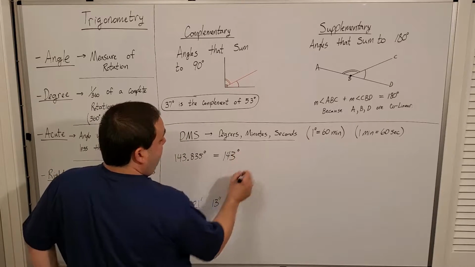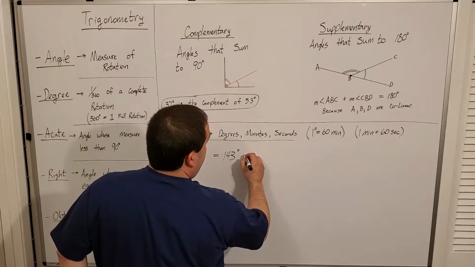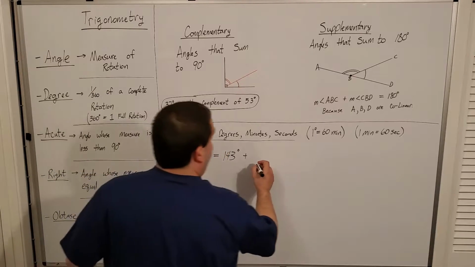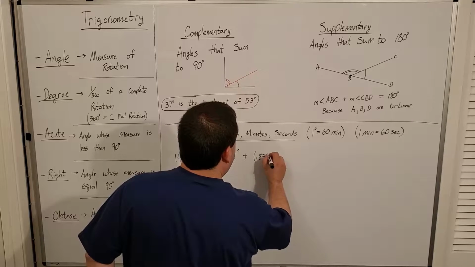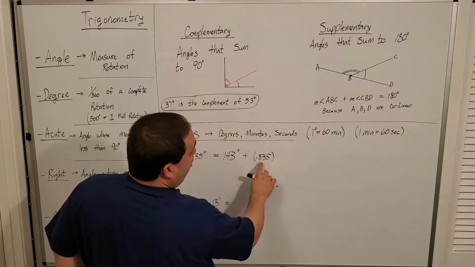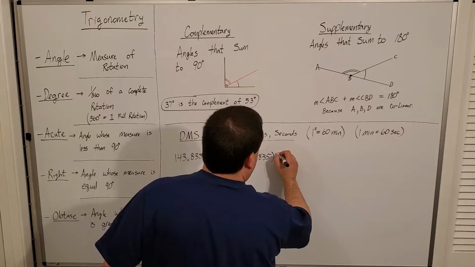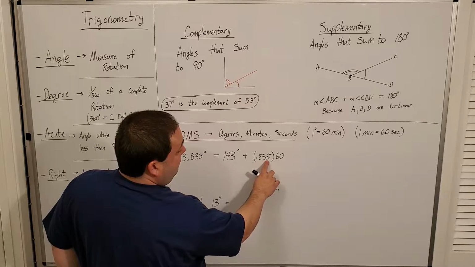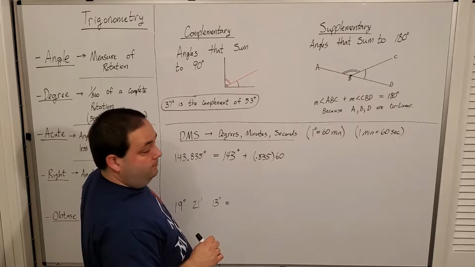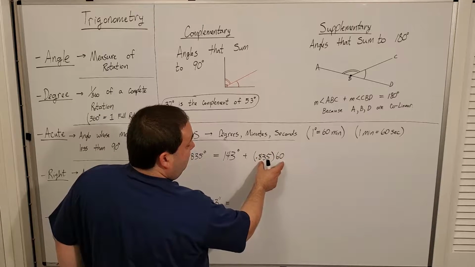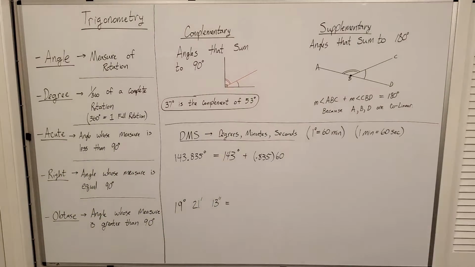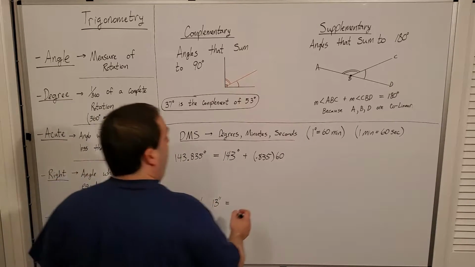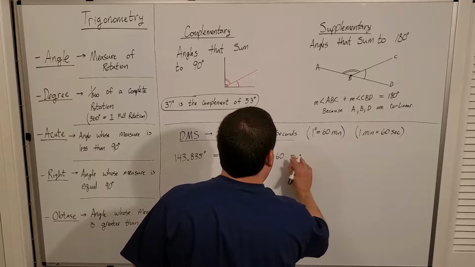Of course, I have 143 degrees, because that's the whole number. Plus, I have 0.835 of 1 degree, right? So if I do 0.835, and remember, this is a portion of a degree, times 60, right? Because 60 minutes is 1 degree, and I have 0.835 of that 1 degree. So then what I would get is the number of whole minutes with a little bit of a decimal as well, right? So you would do 0.835 times 60, and you get 50.1. So this is what I've got. I've got 143